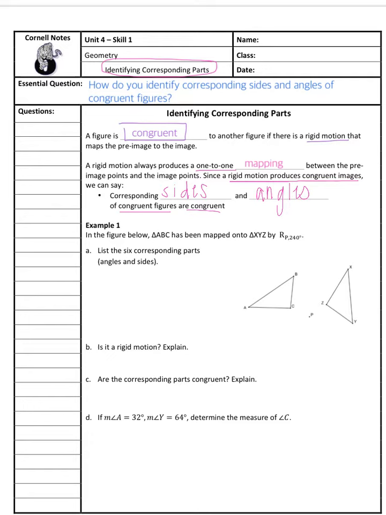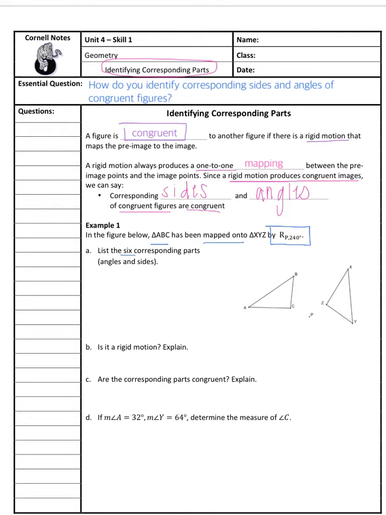So let's take a look at this example we have here in example 1. In the figure below, triangle ABC has been mapped onto XYZ by this transformation. That capital R stands for rotation. P is telling me it's being rotated around P, and the 240 degrees tells us how many degrees it was rotated. So the first thing the question wants us to do is list the 6 corresponding parts, meaning angles and